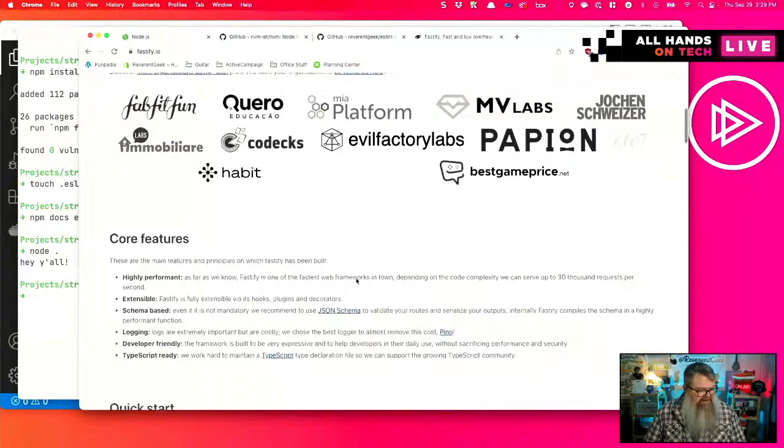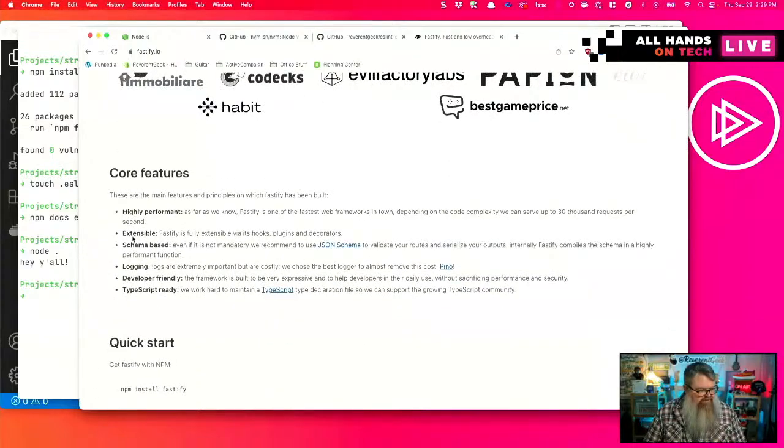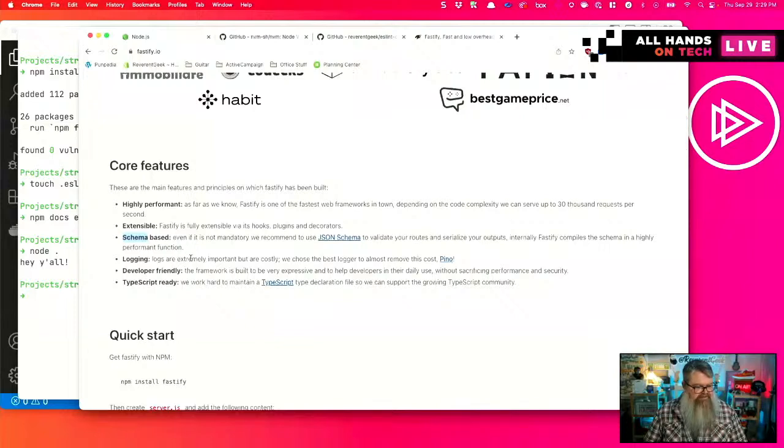Who's using Fastify? There's a lot of folks. Highly performant, extensible, schema-based, which is great. I think they may be referring to Hapi, which has this system called Joi that is used to validate incoming and outbound data, and it's very schema based. So that may be one of the great ideas from Hapi that they borrowed.